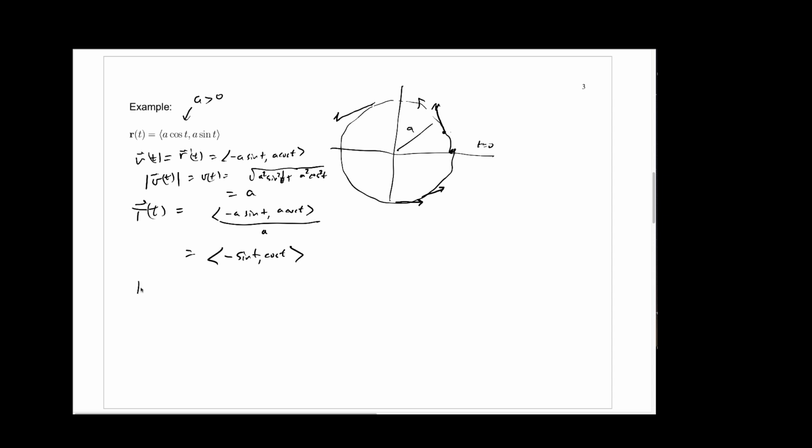How would we then get a hold of this number kappa, the curvature? Well, kappa is defined to be the length of dT/ds, which we saw you can compute as the length of dT/dt divided by ds/dt. And we've already seen that ds/dt, that's just the speed, that's a. So that's going to be 1 over a, that's from the ds/dt, times the length of